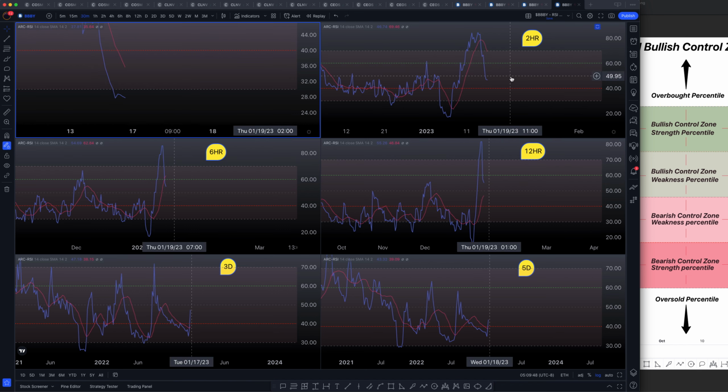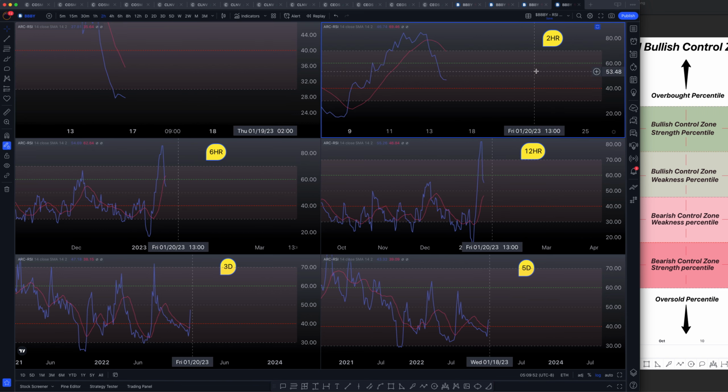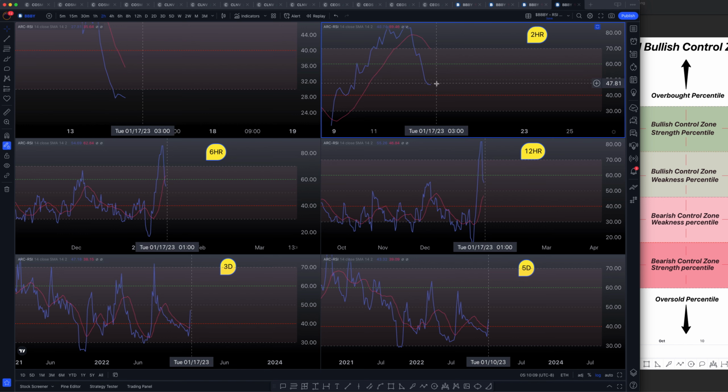Okay, so now let's go ahead and move on to the bi-hourly chart, and you can see that the bi-hourly is now starting to show us a potential loss of bear strength. We can see that we're starting to pivot and correct the move towards the upside. I mean, this is absolutely still bearish. We definitely have that 14-day moving average above us, and the good thing is that now we're in the shallow zone of the bear weakness percentile, which only means that we can be gravitationally pulled right back in to the